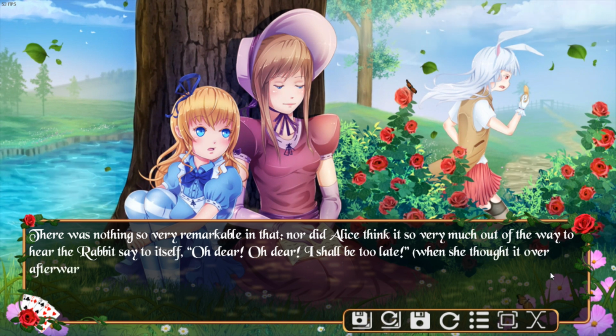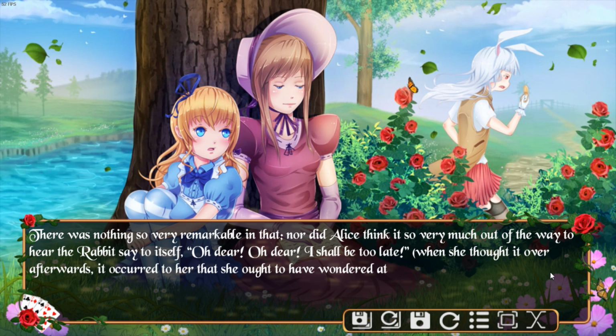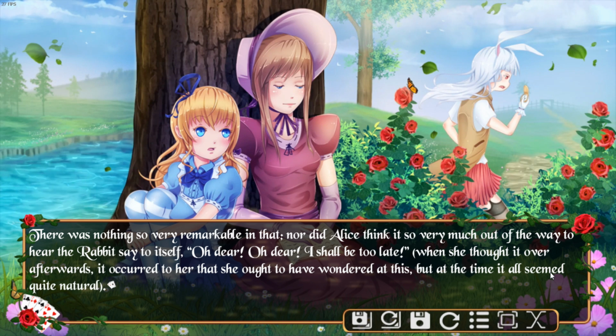There was nothing so very remarkable in that, nor did Alice think it was so much out of the way to hear the rabbit say to itself, "Oh dear, I shall be too late." When she thought it over afterwards, it occurred to her that she ought to have wondered at this, but at the time it all seemed quite natural.